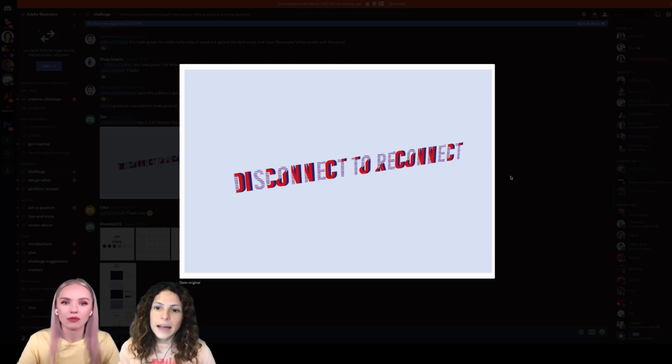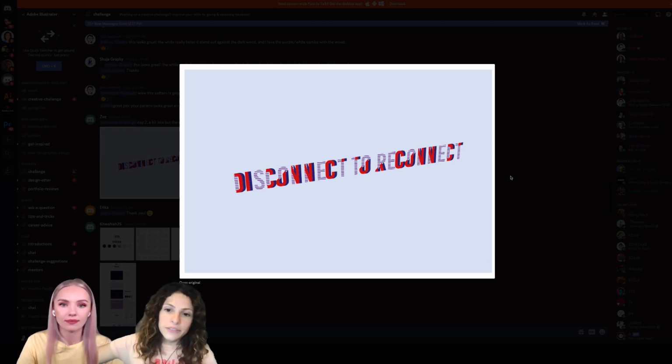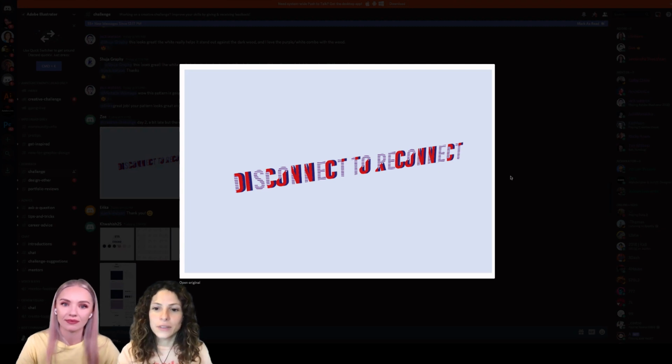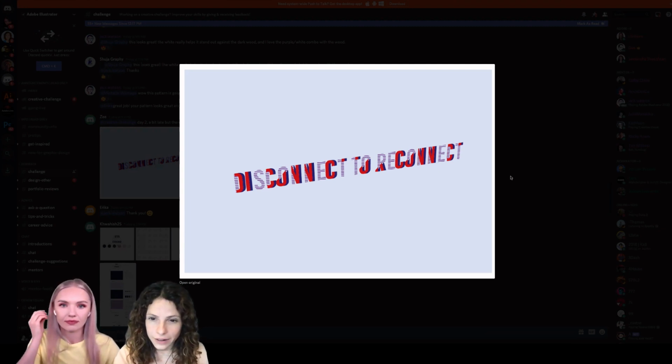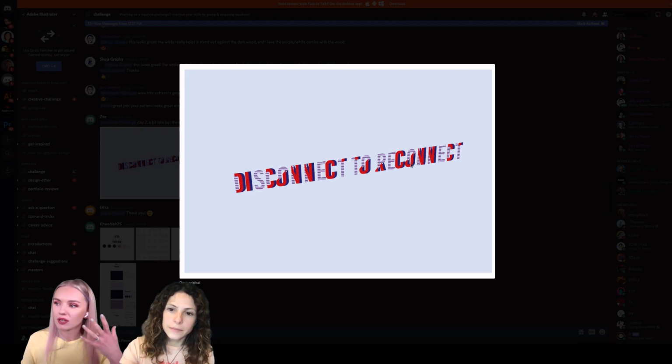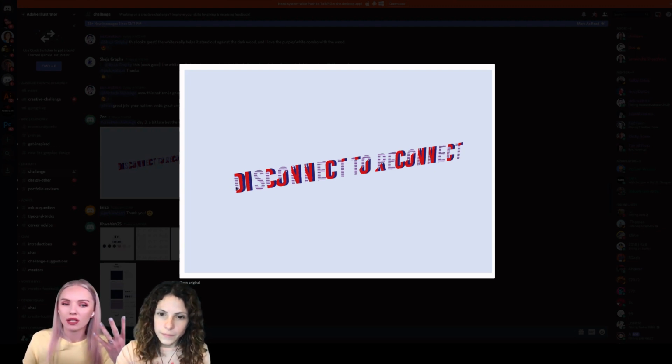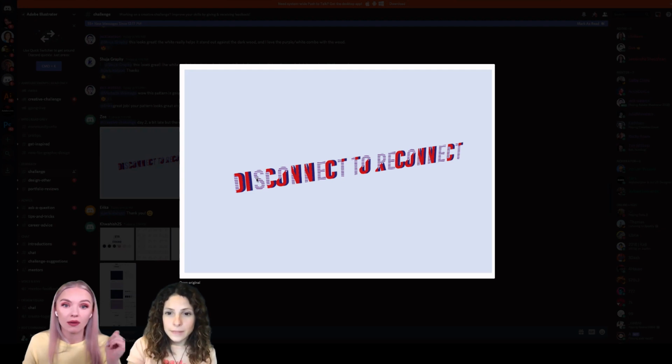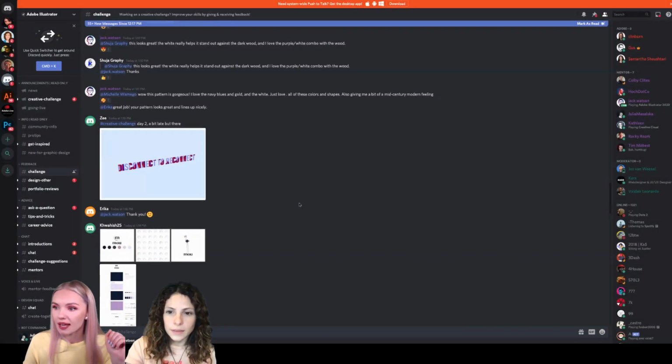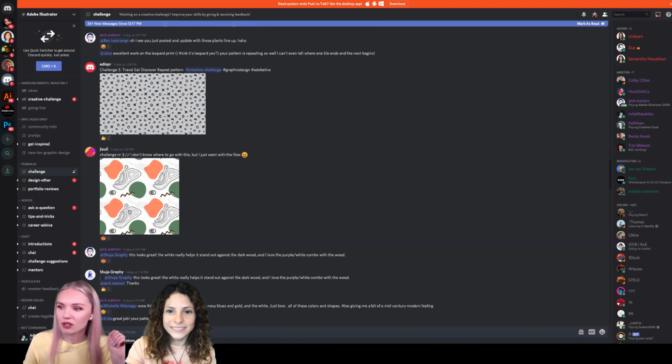What do you think, Lina? What would improve it? I agree, because especially now that I have my screen small, I have trouble reading what it says. So definitely working on legibility there a little bit. Yeah, I agree. And you can work on the legibility by just giving a connection between this part right here and this part. So maybe using a similar color here, maybe for the stripes use a red. I think that would already help a lot. Amazing, Z. Thanks so much for your submission.